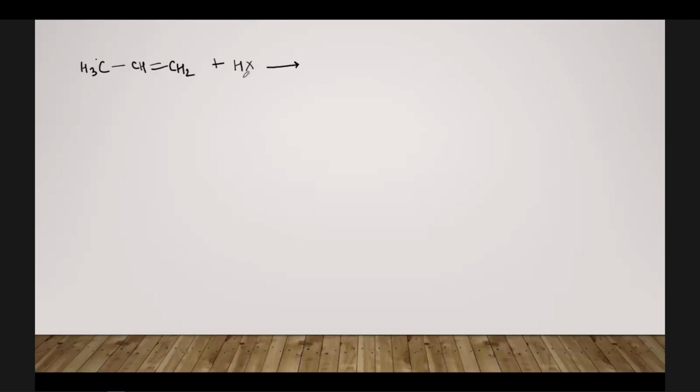Here also, if you analyze, after the breaking of the bond we have H plus and X minus, right? Now we have two ions, and we have two carbons, this carbon and this carbon. So again H has the option to choose from either of these carbons, and X minus, the halide ion, also has the option to choose from either of these carbons. So the two kinds of products that will form in this case will include